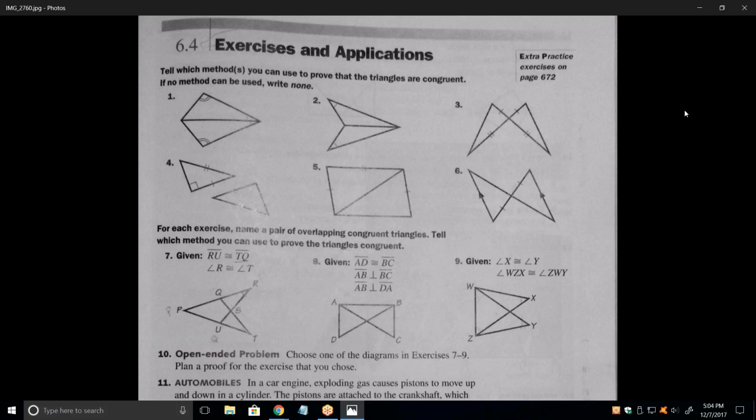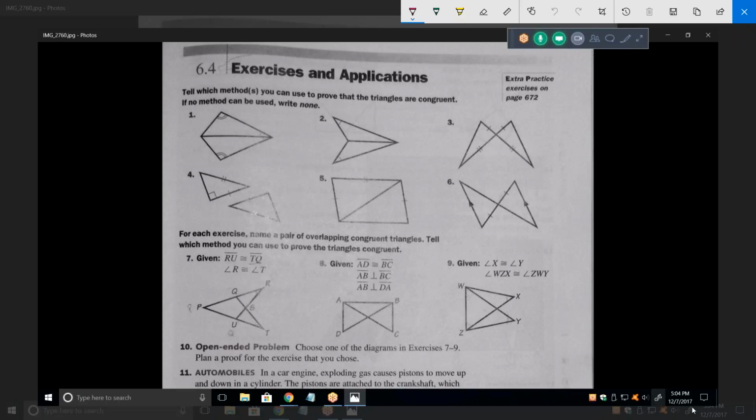Okay, we know that. Here, hold on, let me take a snapshot here. You know that that angle is the same as that angle, and you know that side's equal to itself, but I can't tell, is that angle right there equal to that angle? I can't quite see if there's hash marks. I think there are. Yeah, I think so. Okay, so that is side, angle, angle. Okay. However,